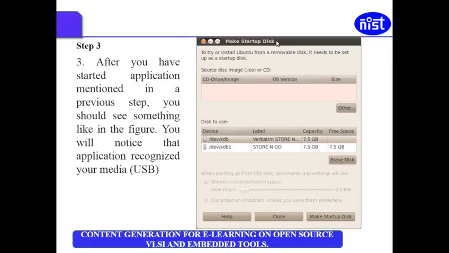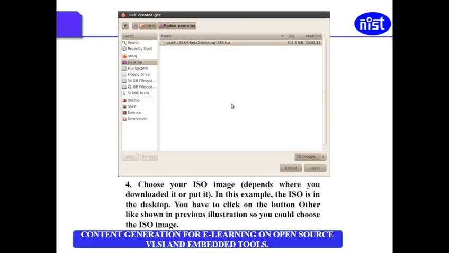So in this you have different options. Here you can select the label, capacity and free space. According to your system requirements, you need to change it. If you have good free space, then the operating system will never hang. Choose your ISO file.